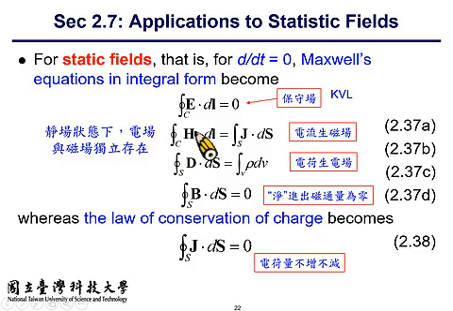And equations 2.37a and b say that electrical currents produce magnetic field. Electrical charge produces electrical field. And there is no interdependence between the two equations. So here is an important observation for steady field. Under the consideration of steady field, electrical field and magnetic field are independent. Unlike the time variant case, where the electric and magnetic fields are interdependent. Under the condition of steady field, electric and magnetic fields are